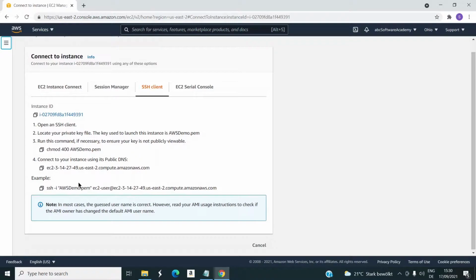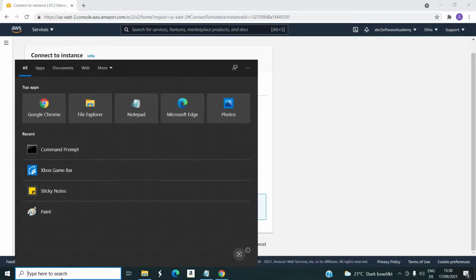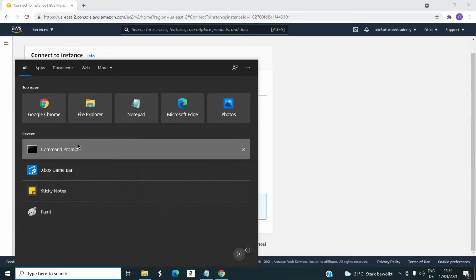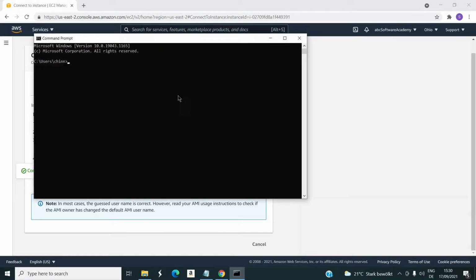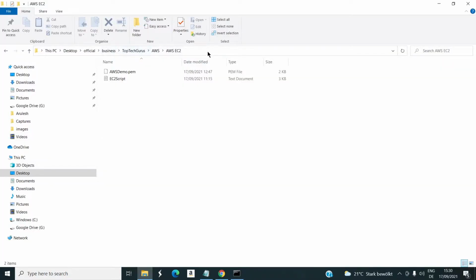For our demo purpose, we will be using the SSH client to connect to the EC2 instance. So in the SSH client tab, it will give the steps to connect to the instance. So we need to open an SSH client. To open the Windows command prompt, in the Windows command prompt, we have to navigate to the path where we have saved the key pair file